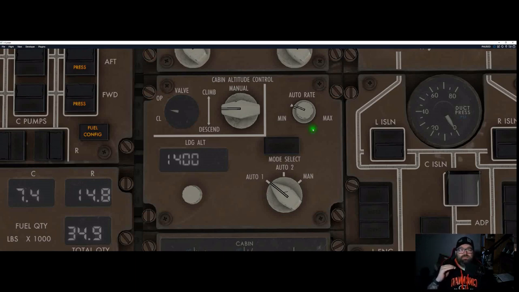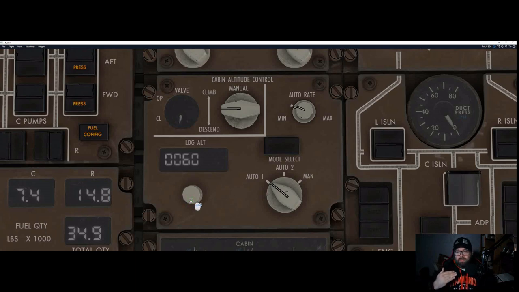Now, the other part, we got this landing altitude window. I've seen a couple different ways of how people set this. Just follow your company guidance. This is really just setting your landing altitude of wherever you're going, to your destination. In this, increasing is to the right and decreasing is to the left. However, if I happen to be going somewhere that has a negative pressure altitude for landing, which off the top of my head, I can't think of anywhere that's like that,